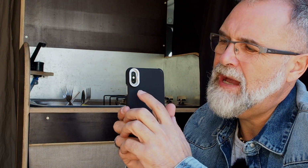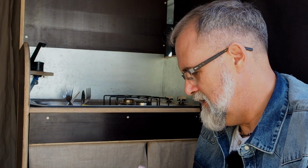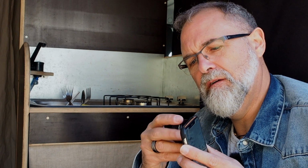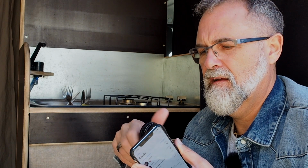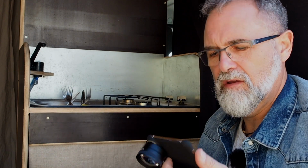So on my iPhone XS Max, the tele lens is here and the wide angle lens is there. So if I use the tele lens, obviously I'm going to screw it on the iPhone, in front of the iPhone, tele lens. Okay, here it is. All right, then if I take it off,